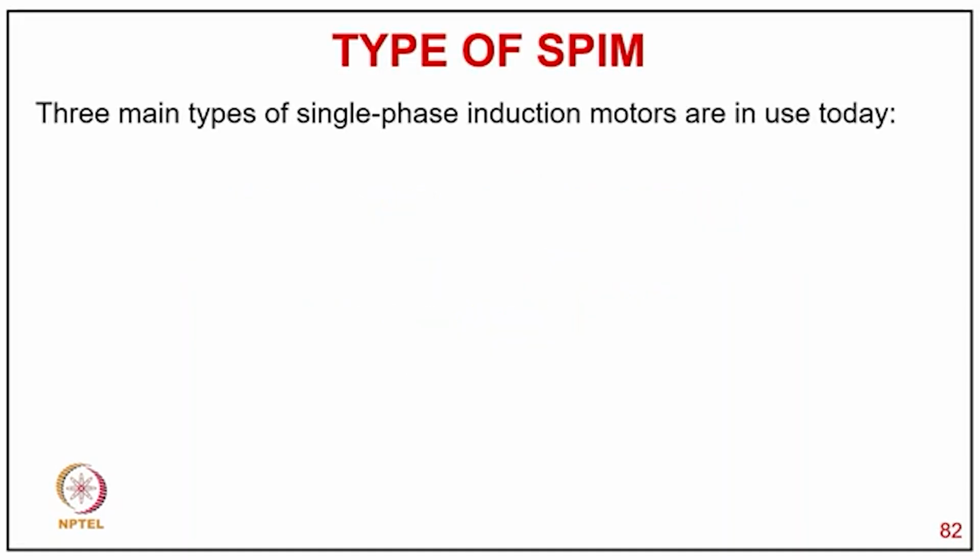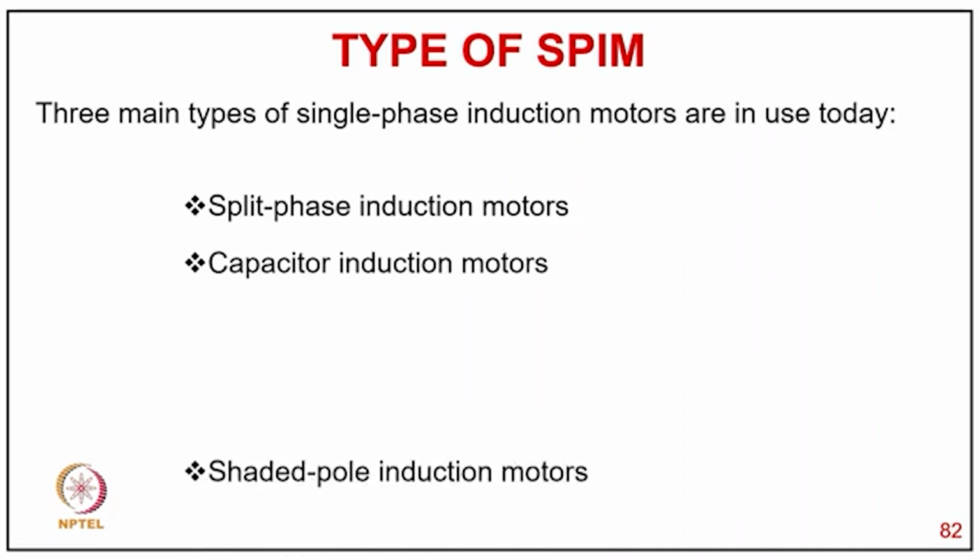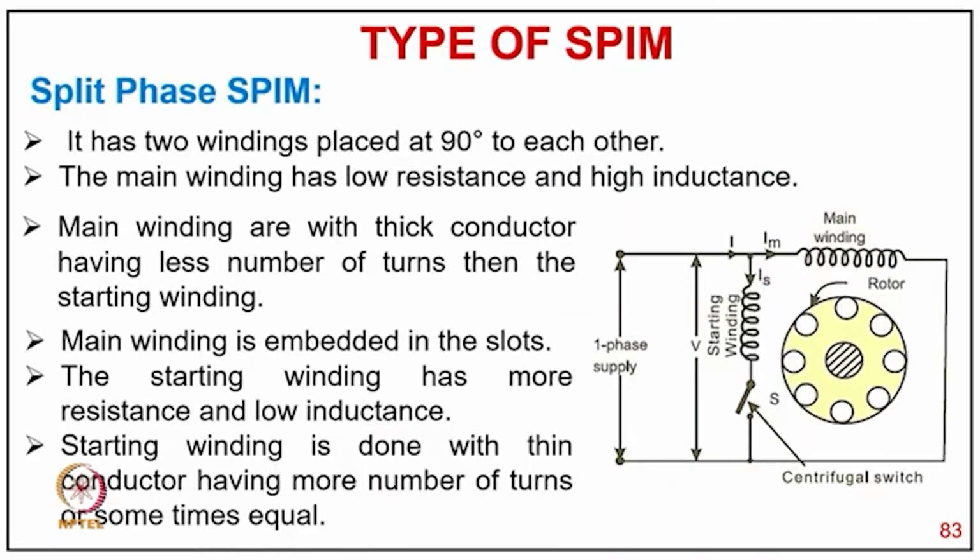So there are three main types of single phase induction motor used today in different applications. One is the split phase induction motor, then the capacitor induction motor, then the shaded pole induction motor. Coming to the first, split phase: it has two windings placed at 90 degrees to each other, and the main winding has a low resistance